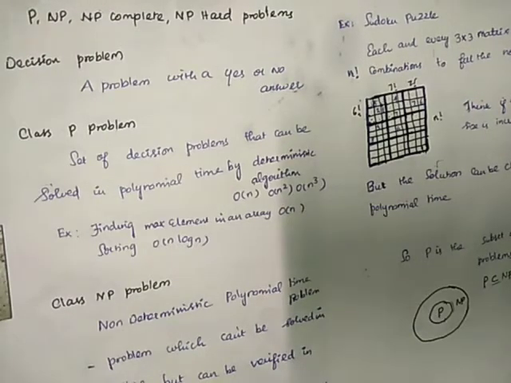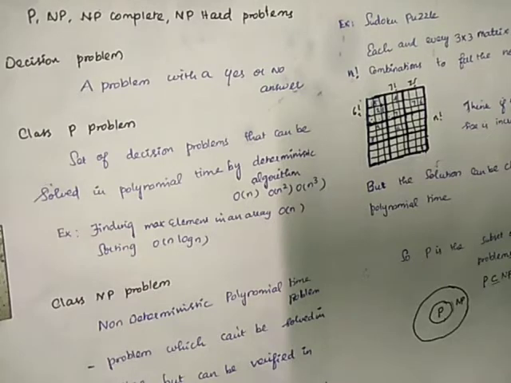Hi students, in this lecture let's discuss the types of problems, which is the most important as well as first topic in DAA. Let me give some basics about this topic. Before that, we must know the basic terminology of decision problem. A decision problem is one kind of problem which produces the output as a yes or no answer. So let's go to the topic.